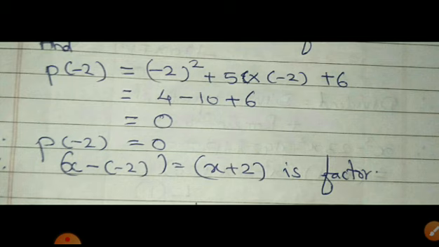See how to remember this. Suppose x equal to 1 is a zero of the polynomial, then what is the sign of 1? Positive. So while writing the factor, it will be just opposite: it will be x minus 1. Similarly, if x equal to minus 2 is a zero of the given polynomial, then what will be the factor? Just change the sign of that minus 2, so it will be x plus 2. Hope this is clear. So in this case, x plus 2 will be the factor.